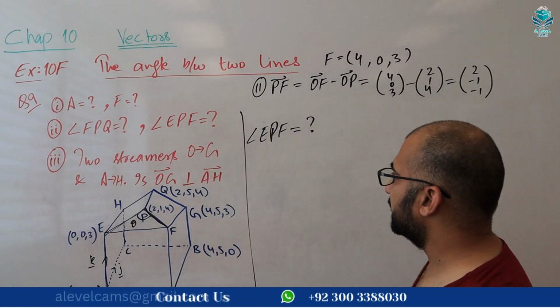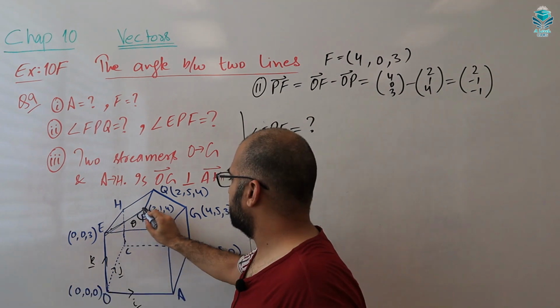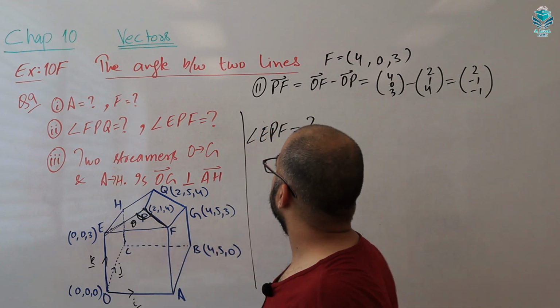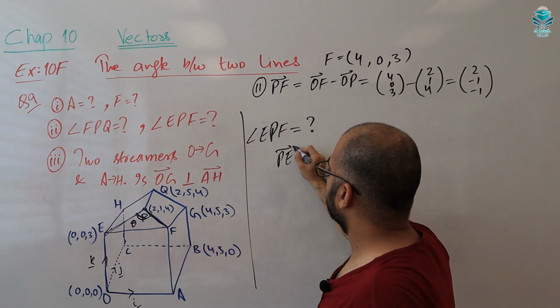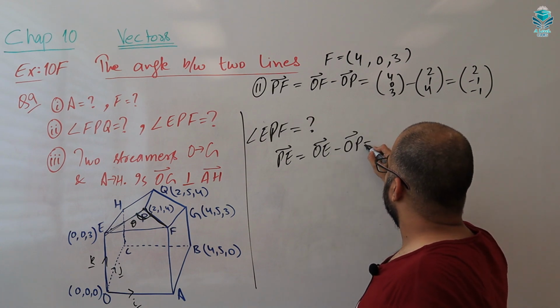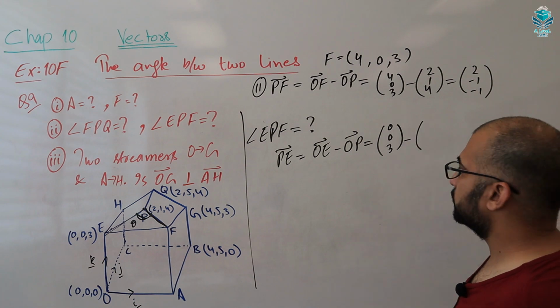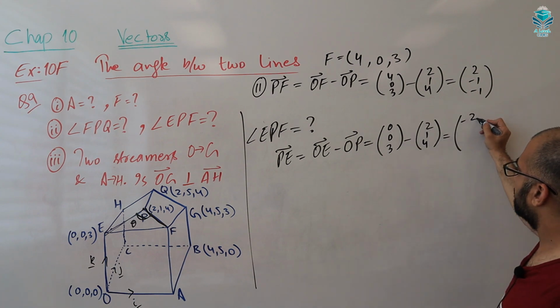So to find the angle EPF, this one angle, we need FP and PE. So we have PF, so we have to find PE which is OE minus OP. What is OE? What is OP? And you have,